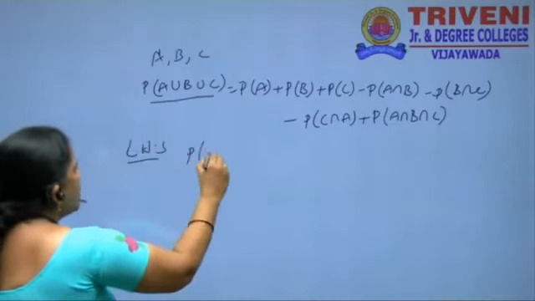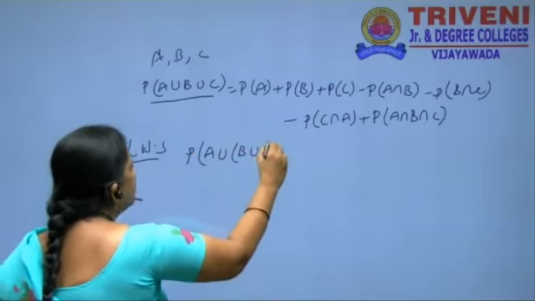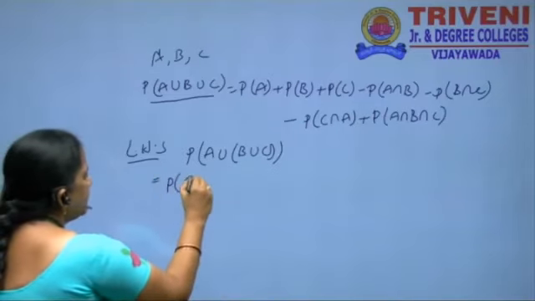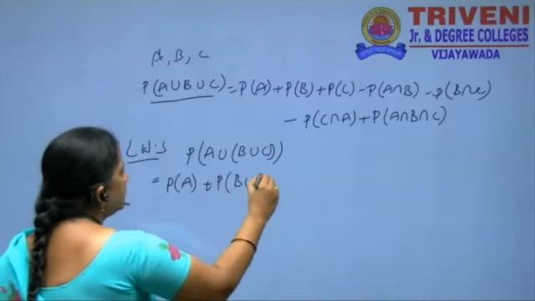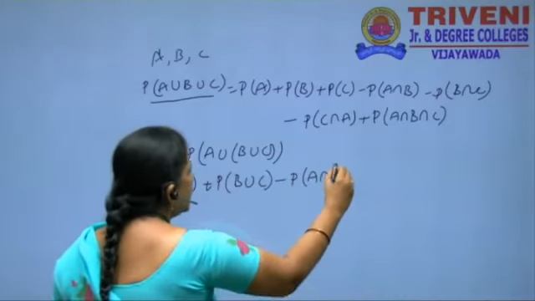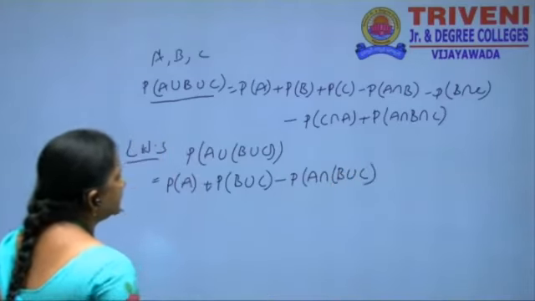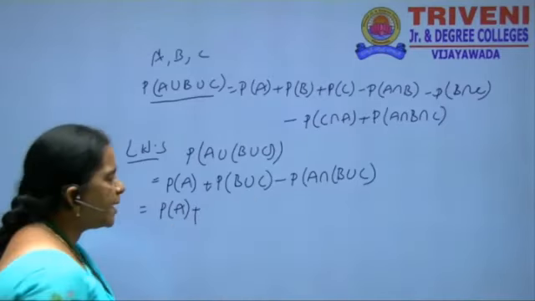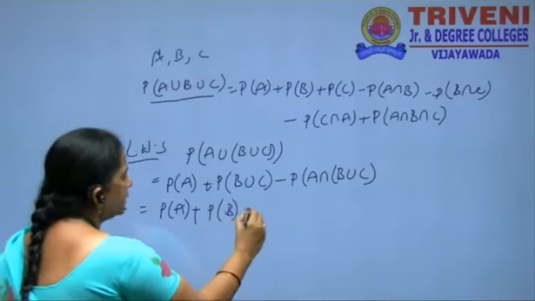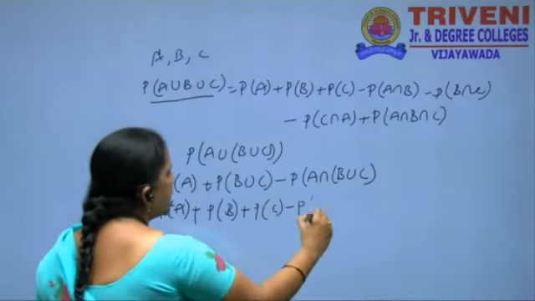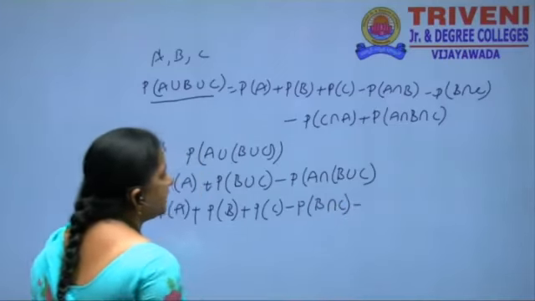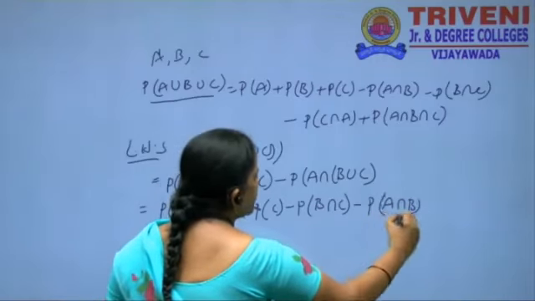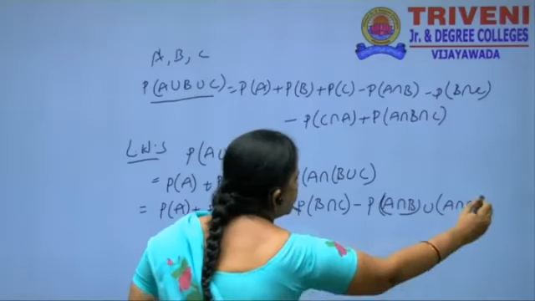LHS is P of A union B union C. Applying the addition theorem on probability, P of A plus P of B union C minus P of A intersection B union C. And again P of B union C, here also applying the addition theorem on probability, P of B plus P of C minus P of B intersection C minus, here we take P of A intersection B union A intersection C,